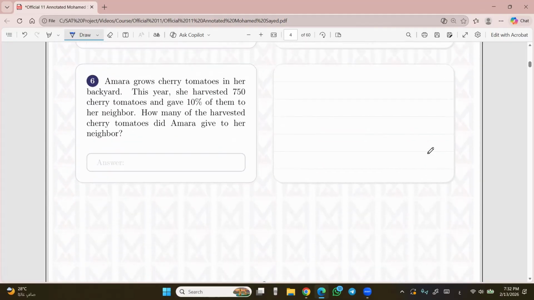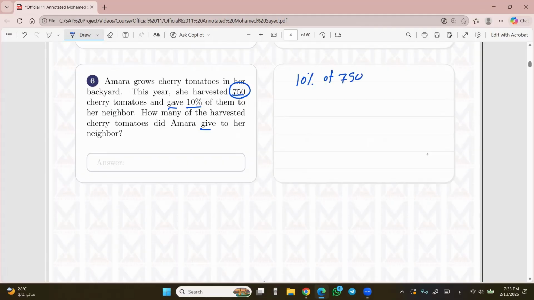Question number 6. Amara grows cherry tomatoes in her backyard. This year, she harvested 750 cherry tomatoes and gave 10% of them to her neighbor. How many of the harvested cherry tomatoes did Amara give to her neighbor? So giving is mentioned here, giving 10% of the total amount of tomatoes. So she gave only 10% of